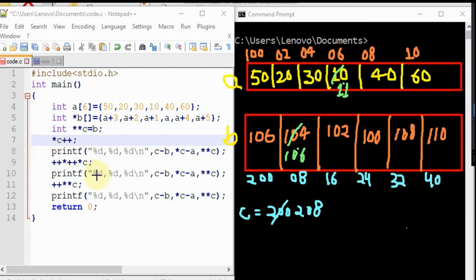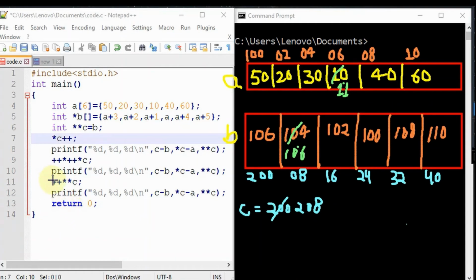So again we can see that this is our 208. Asterisk means we are inside this. Pre-increment, that means we are going to increment this, and increment of an integer pointer means we have to increment it by 2 bytes, and after that we are accessing this 106. That means we are accessing this 10, and after that we are going to increment that. That's why we have incremented this value. Okay, so now we are going to print our